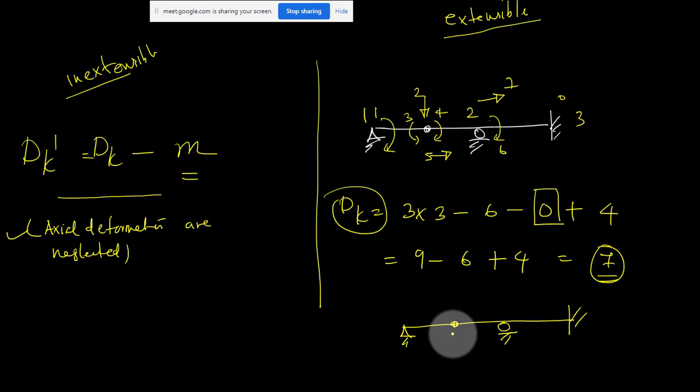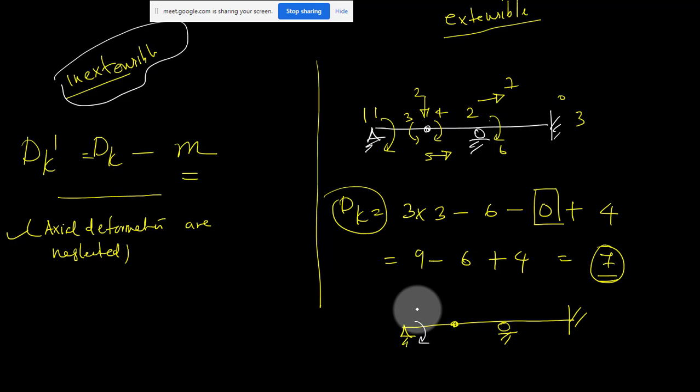So if you take this question, this degree of freedom will be possible. I am assuming that members are inextensible. That means this one is possible, it can rotate. And this point is a hinge, so it cannot move in the x direction. This movement is not possible, only the rotation is possible. And if you come to this hinge, it can move in the vertical direction. It can rotate.